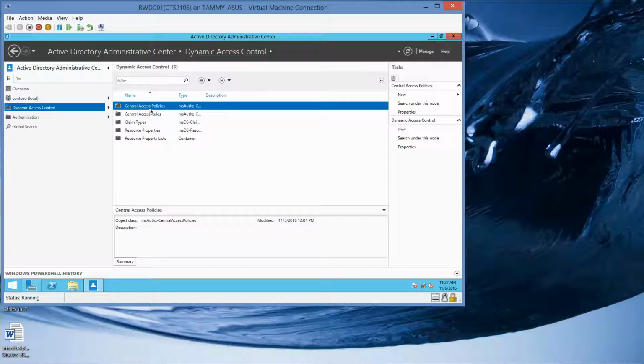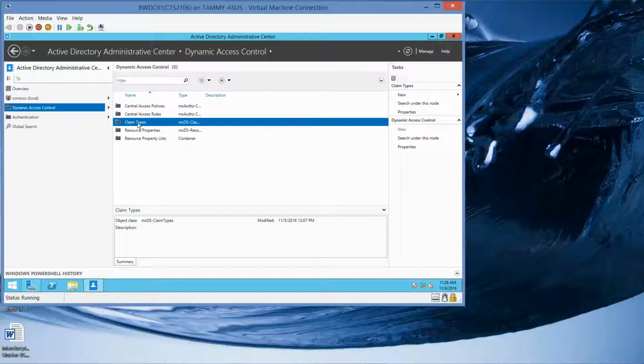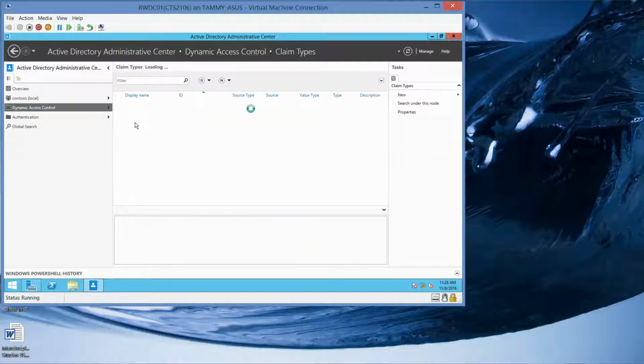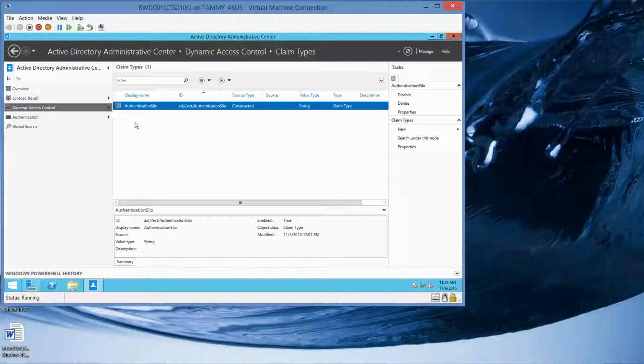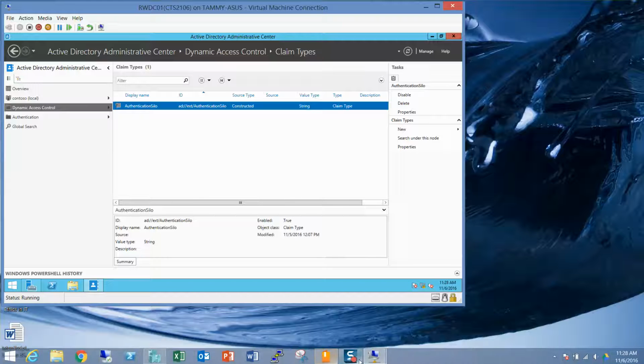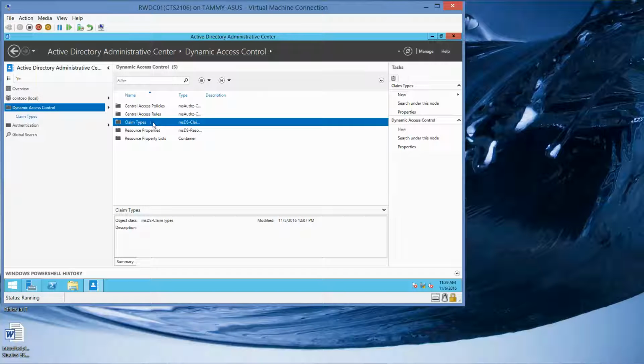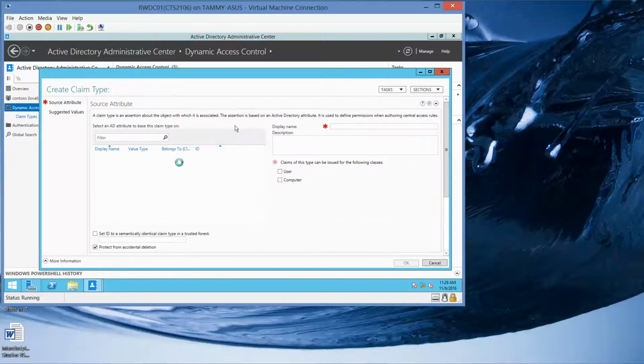And then select Claim Types. Okay, so what we're going to do now is go ahead and right-click, and then New, and then Claim Type,